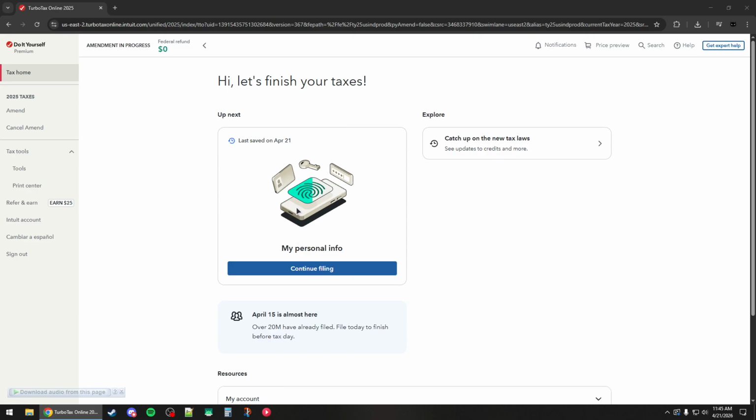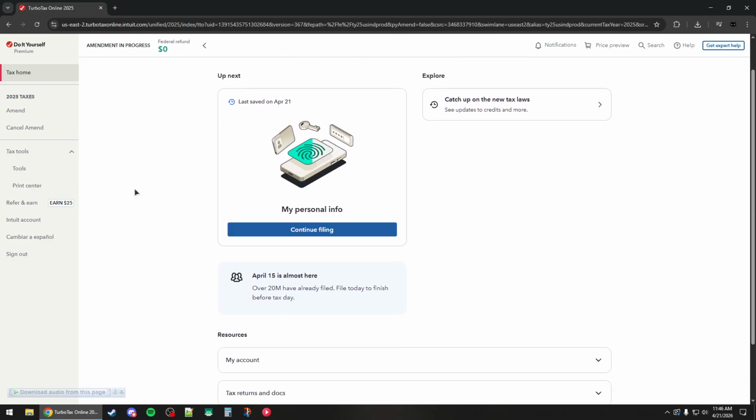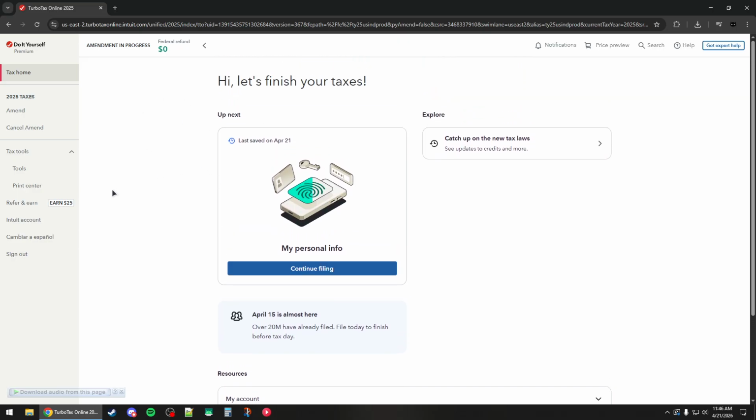How do you pay taxes owed in TurboTax? So first you gotta go to turbotax.com and sign in to your account. And then you should go to the file section and start a payment or pay now when you're prompted about the tax owed. And if you don't see that option, you can expand the tools from the left panel here